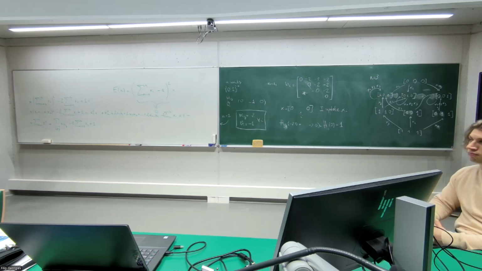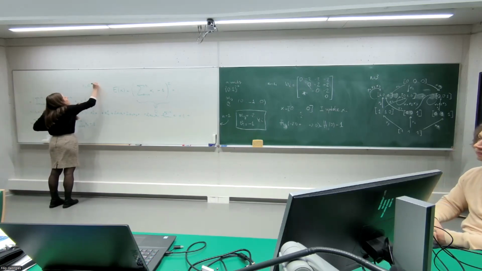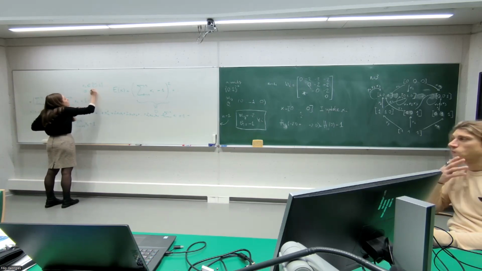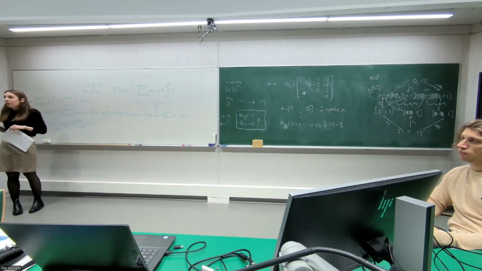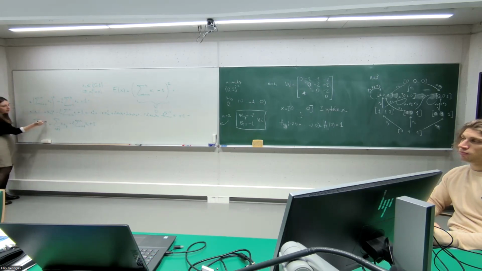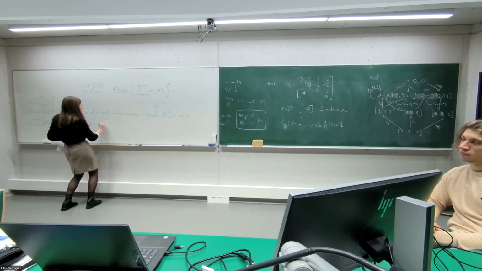Now what? Remember that our xi's belong to 0 and 1. What does it mean? It implies that xi squared is equal to xi, because 0 squared is 0 and 1 squared is 1. So I use this information to say that I can take away this square for this reason. So I take the difference with this. So what I obtain is that minus